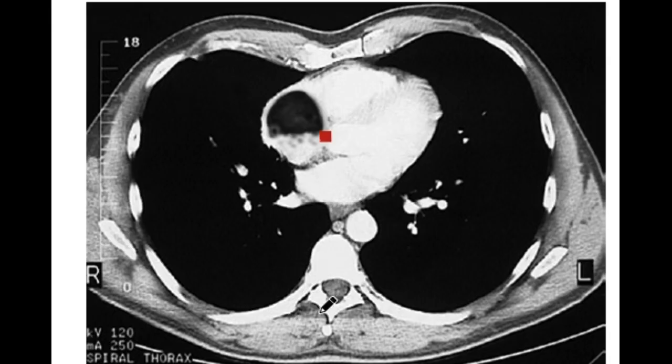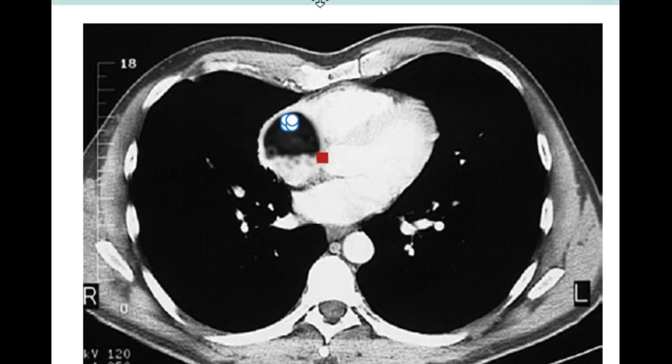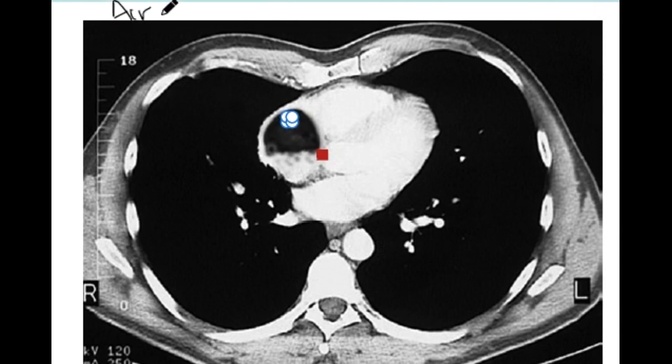This is a CT scan of the thorax, and here you can see decreased attenuation with a layering effect. This layering effect is something like this. This effect which you can see here is the layering effect. So there is decreased attenuation here and there is a layering effect. It typically occurs in the presence of air and blood in the right atrium. When both air and blood are seen in the right atrium, then you can see a picture somewhat like this. So this is the CT scan showing air embolism, right?